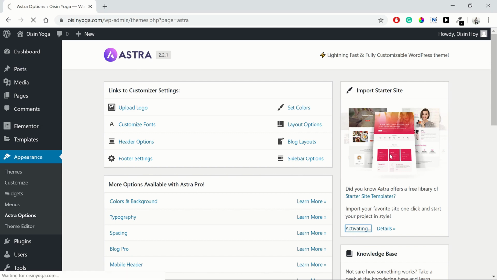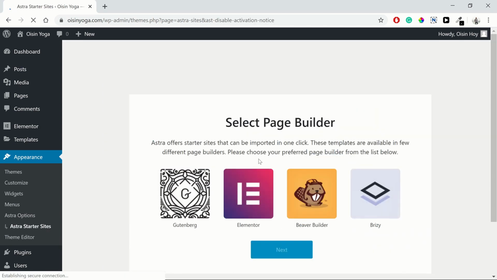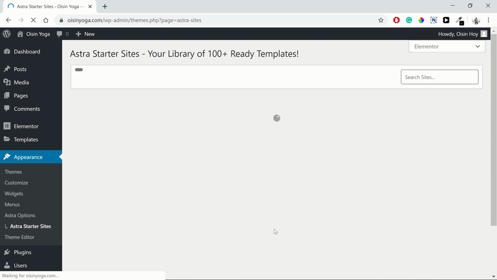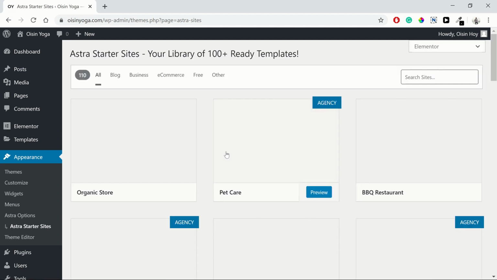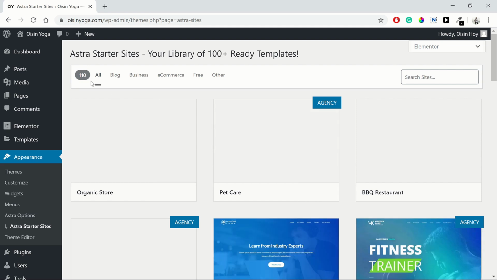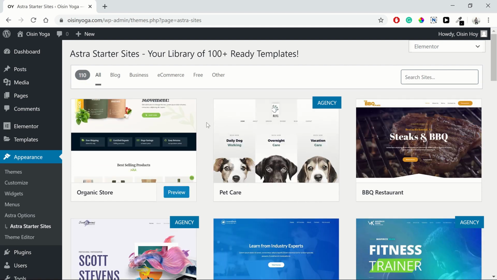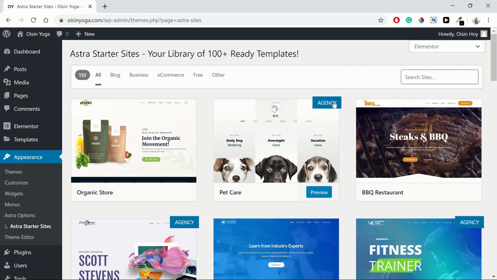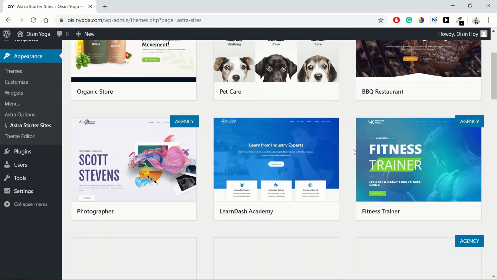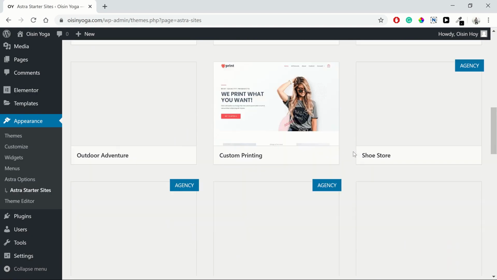and these starter sites are pre-made websites you can include. So we're using Elementor. We want to select that, and all of the content and the images and the design are all pre-made. So you can see they have 110 at the moment, and you can see there are some ones that you need to upgrade to the agency version of Astra to use, but there are so many free ones as well,